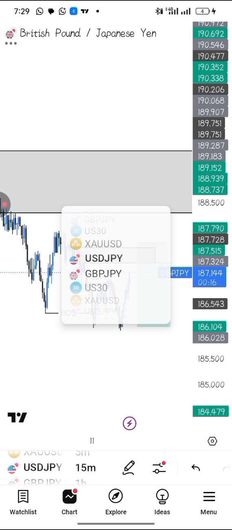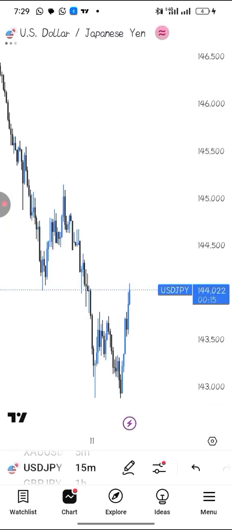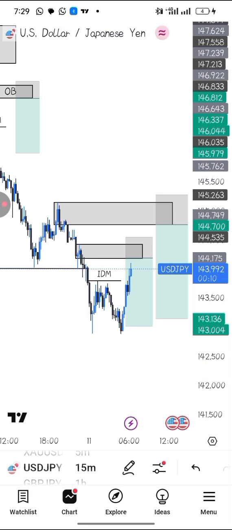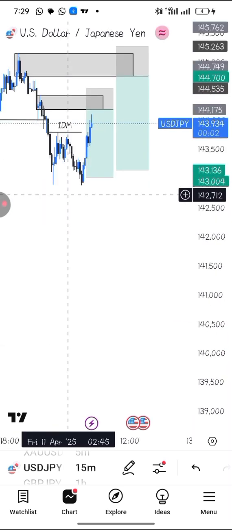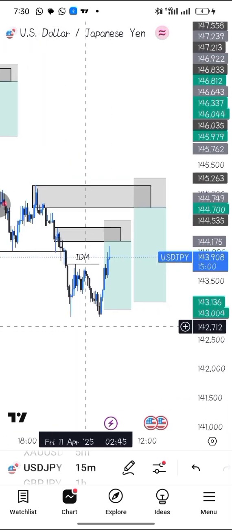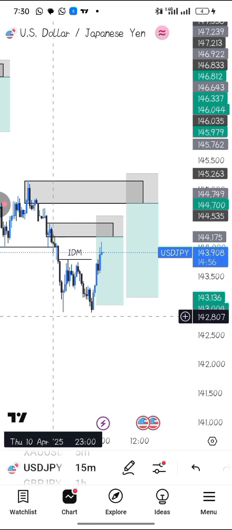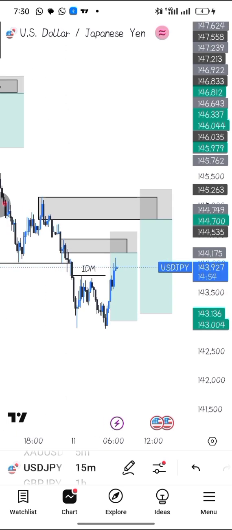I have another one on USD JPY. If you look at the market, it's the same thing. The market has also been in a downtrend. It's the same thing happening in both GBP JPY and USD JPY. This other one too, I'm also confused about the zone to pick. Since the market is almost the same, I'm not entering this USD JPY trade,